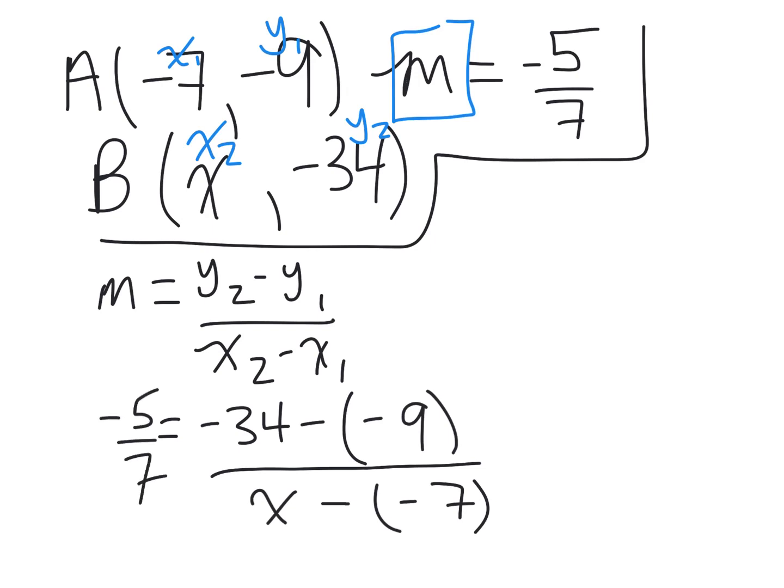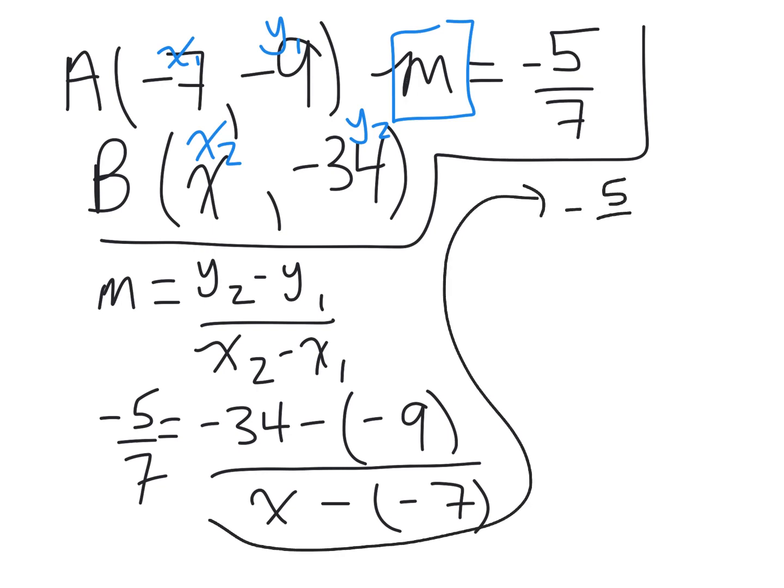Okay, so let's do some cleaning up. We look for things that we can do to make this a little less crazy looking. At the top here, I can do -34 minus -9. When two negatives are touching, it forms a positive. So it's technically -34 plus 9, and -34 plus 9 gets me to -25. I've run out of room, so I'm going to keep working over here. -5/7 equals -25 over